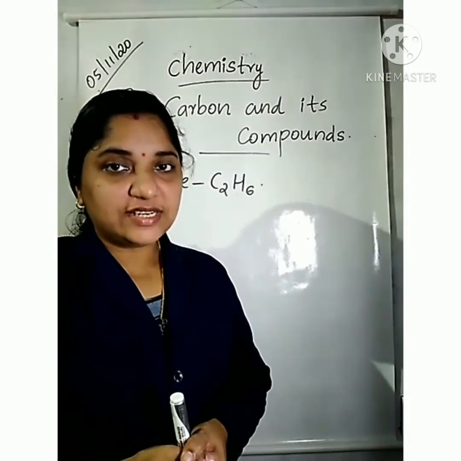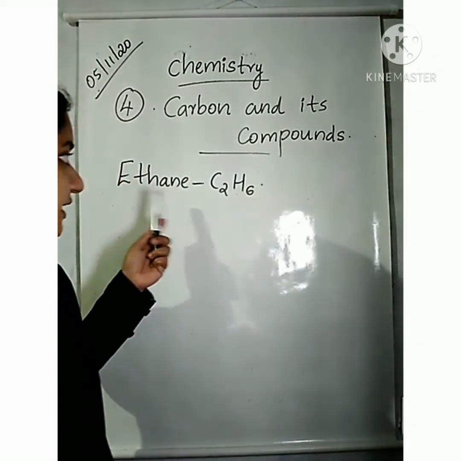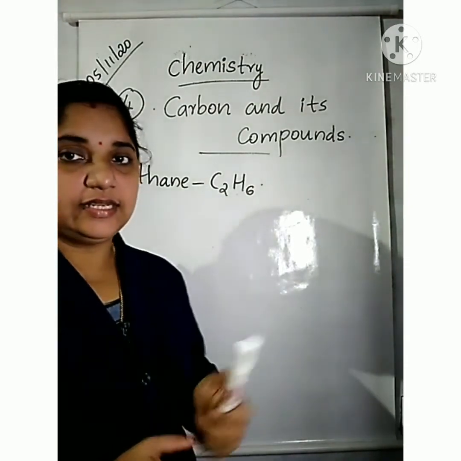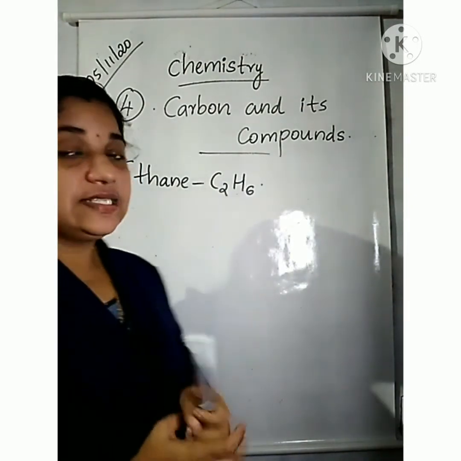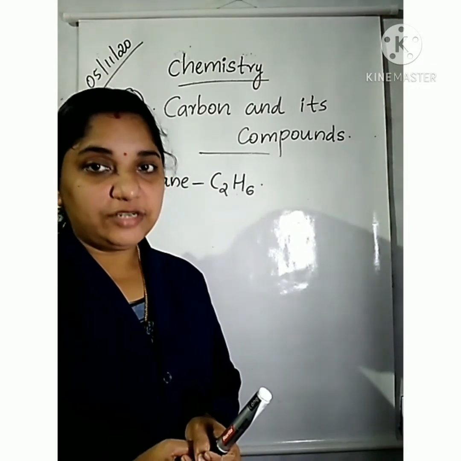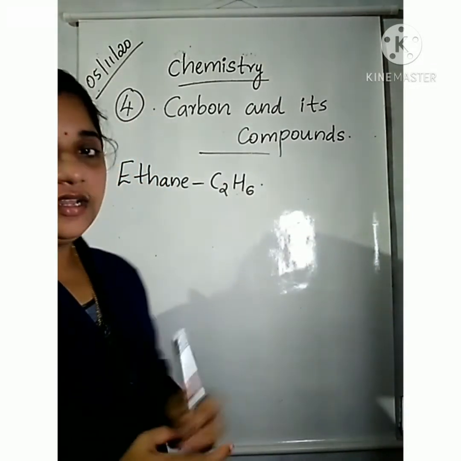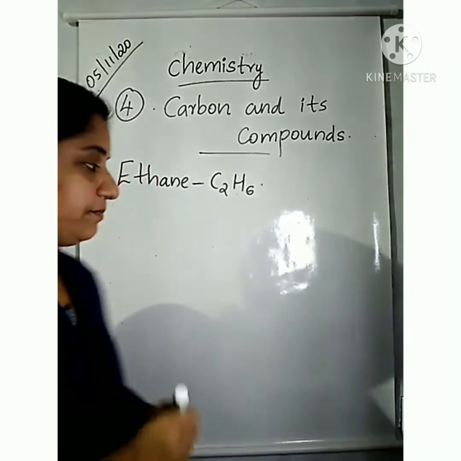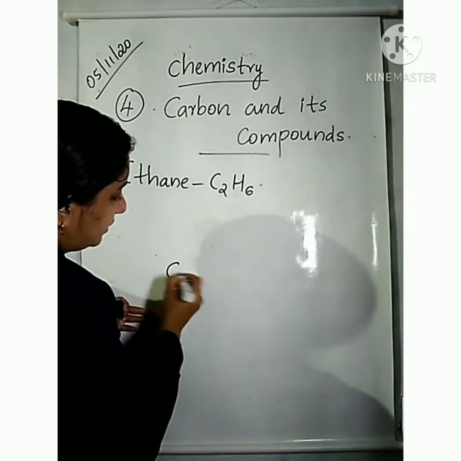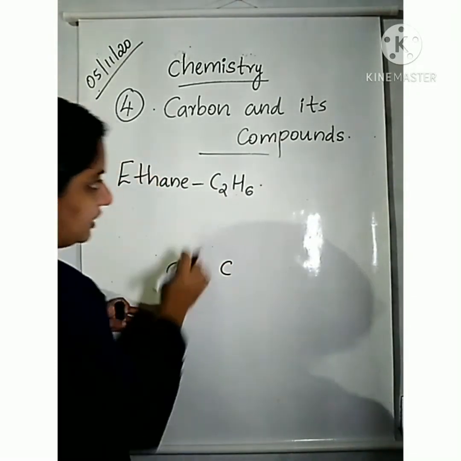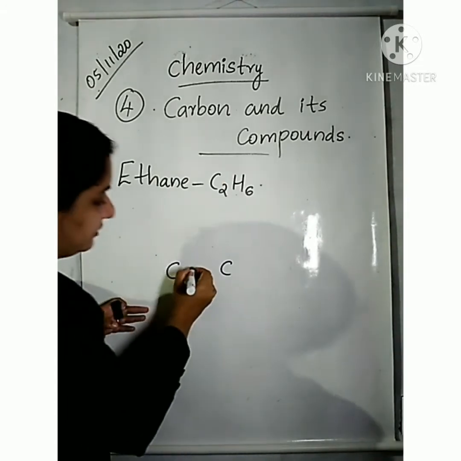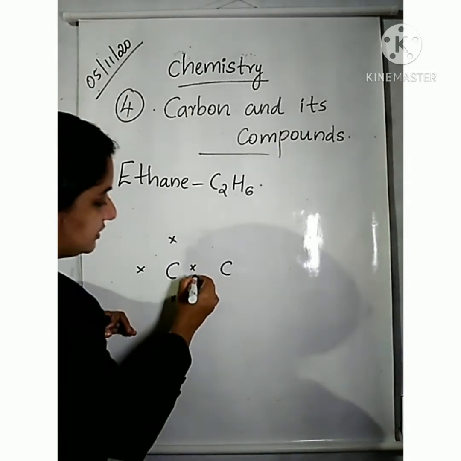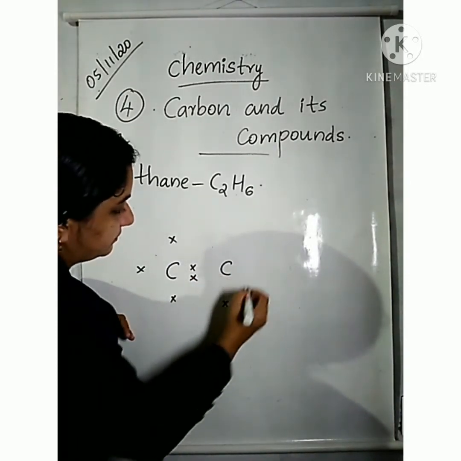Children, we can check another carbon compound, ethane. Ethane, its formula is C2H6. That is 2 carbon atoms and 6 hydrogen atoms. I will draw the electron dot structure here so you can understand how ethane is formed. Okay. First of all draw carbon and its valence electrons. 2 carbon atoms are present in ethane. 4 valence electrons, and this is the valence electron of this carbon atom.